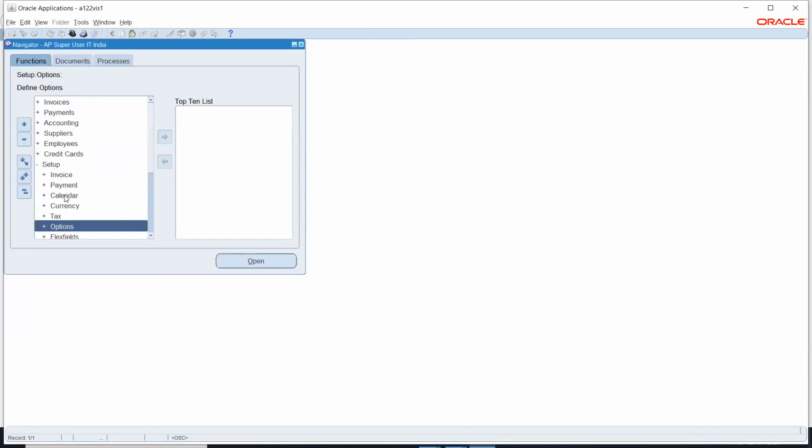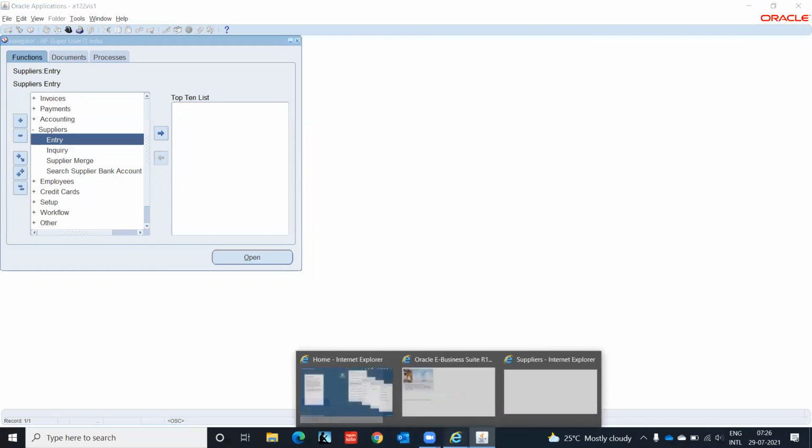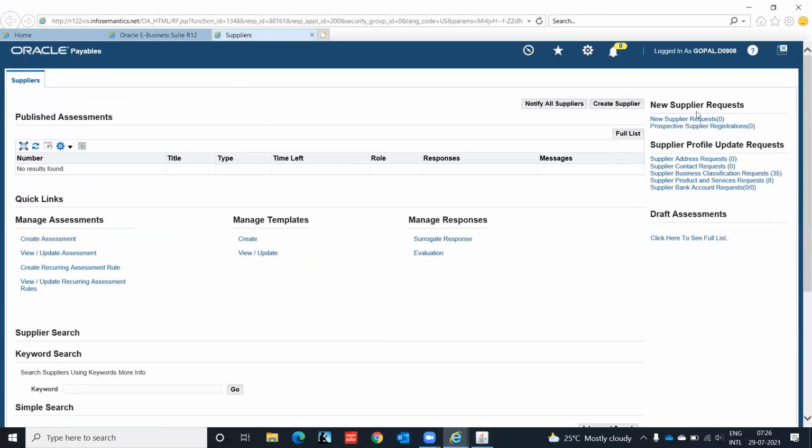So now we are done with the setup. Now we require employees as a supplier. To do that, right now we do not have access to employee creation. When we click on entry, supplier entry, it will take us to the supplier creation page. On that, if we click on create supplier,